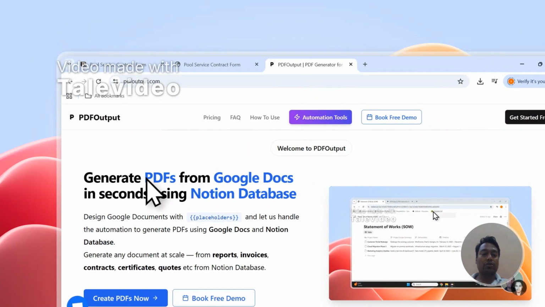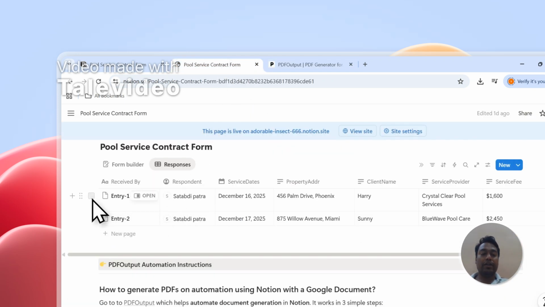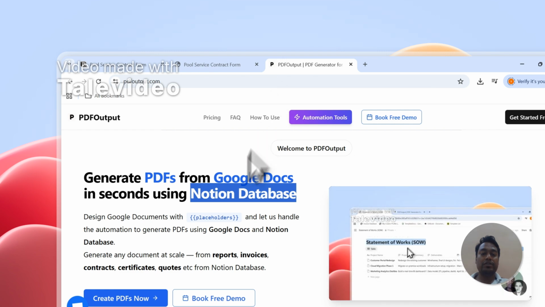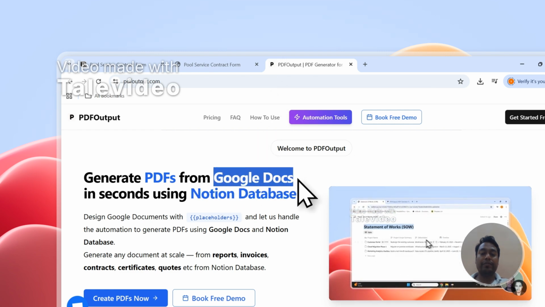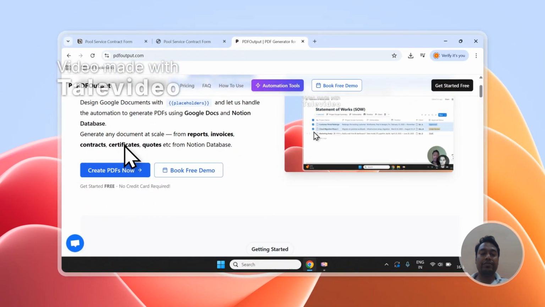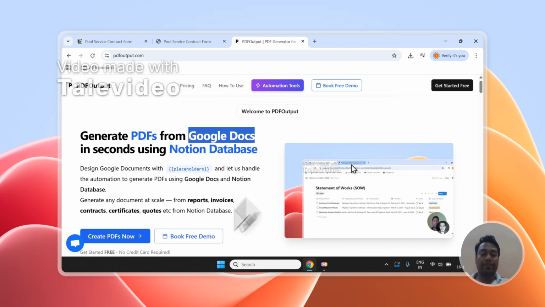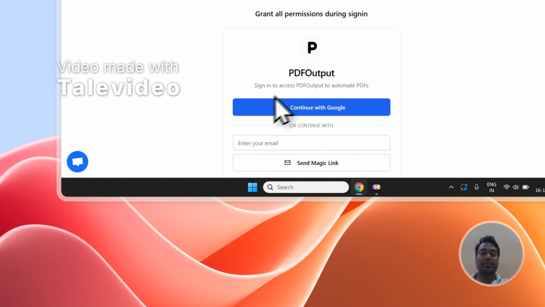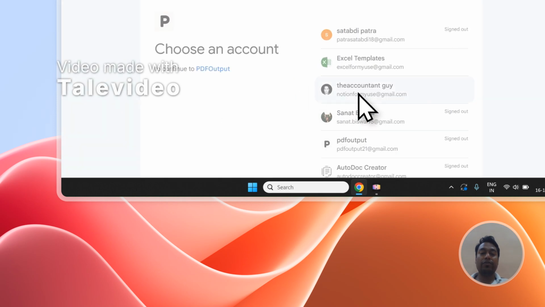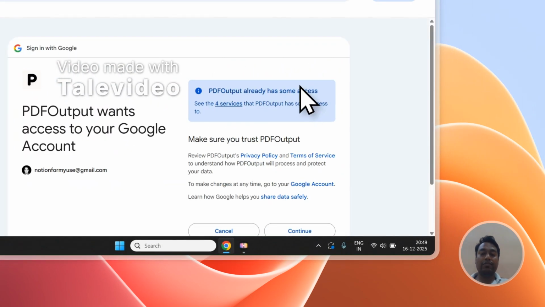For this, I'll be using a tool known as PDF Output. This helps me create PDFs on automation from a Google document with the help of a Notion database. So the Notion database is where all the entries are stored, and a document is where I will be editing the template to create the PDF file. We can create any sort of reports, invoices, contracts, certificates, or even quotations that we want to generate in a business with this automation tool. Click on create PDF and quickly sign in, and then we will see how the automation will work out to generate the PDF files. So I'm going to quickly sign in over here,